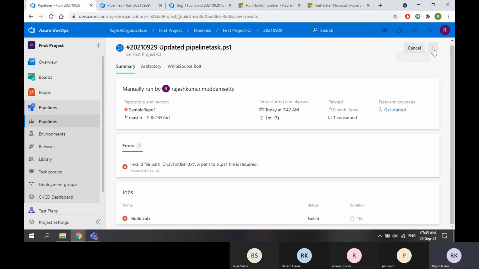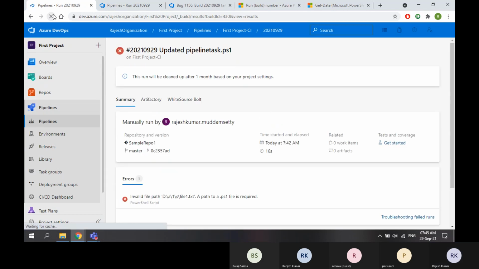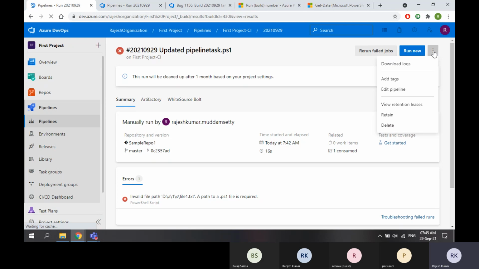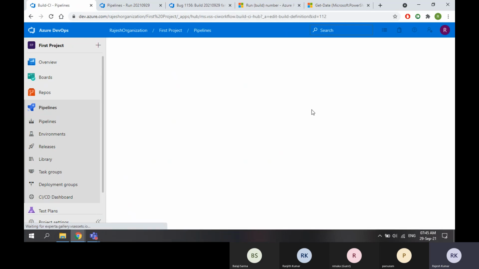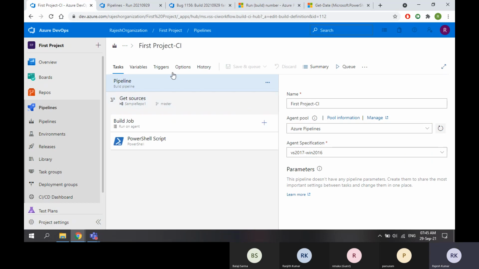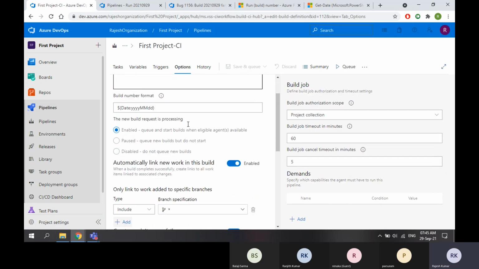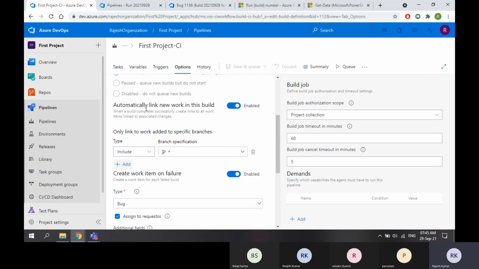So that is how it works. It's failed, right? Why is it still running? Yeah, it's failed. Sometimes it takes time even to update the status as well. So that is how you link the successful builds. When they are successful, if you want to link them, you need to enable this.